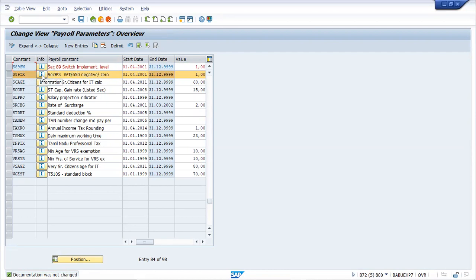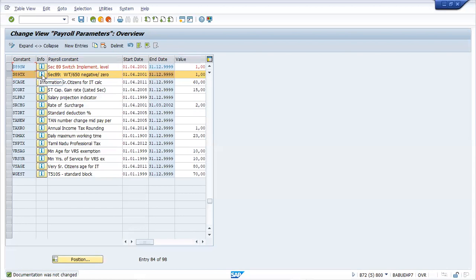Under section 89, if you charge any tax on the arrears, it would have been charged if it was paid in that year. That is the definition of section 89 negative relief, and that is stored in your /650. Whatever the negative tax is, it is stored in this particular wage type. This is the amount of tax that would have been refunded if it had been deducted in an earlier year.